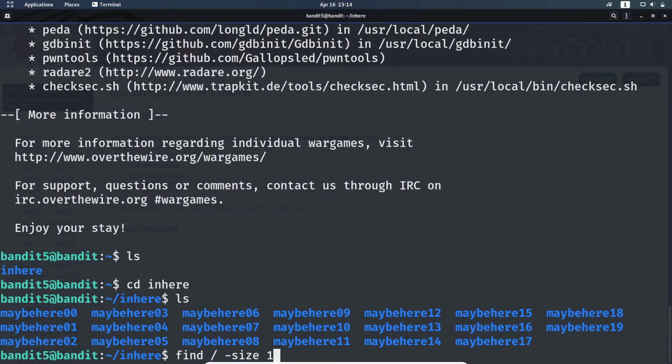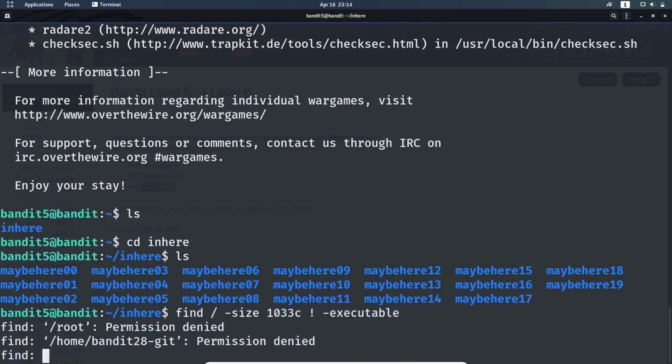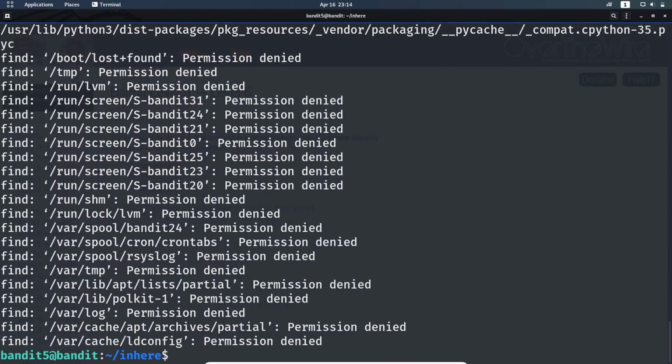Sorry, 1033c for the bytes, and not executable. Permission denied. Nice. So if it's permission denied, we can type 2>/dev/null. So it must lie in the dev null. Let's see.